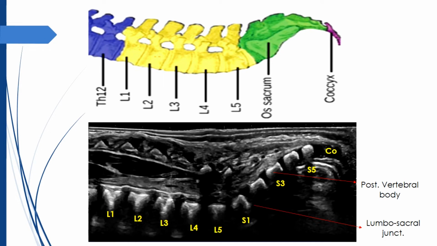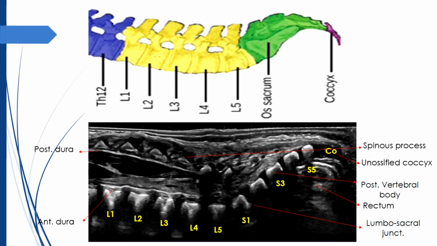This image shows a panoramic view of the vertebra using ultrasound in an infant. It looks so much like a lateral radiograph. So these are the posterior vertebral body of the lumbar vertebrae, the lumbosacral junction and the sacral vertebrae. The coccyx and the spinous process appear hypoechoic or anechoic because they are not ossified. Anterior to the sacrum and the coccyx is the rectum.